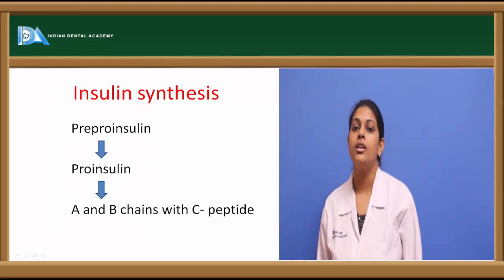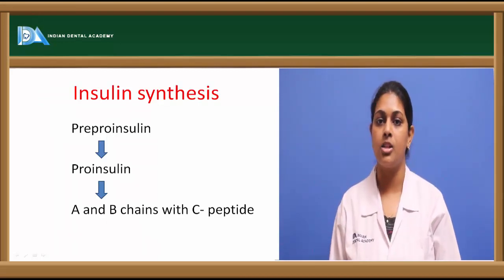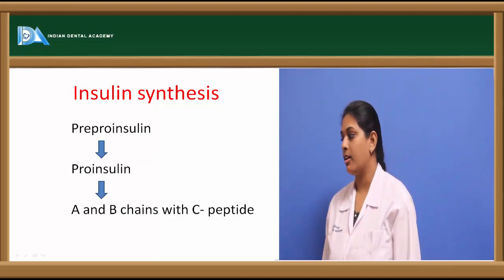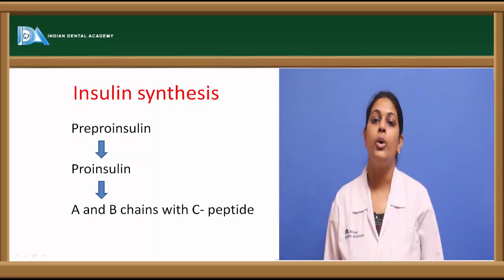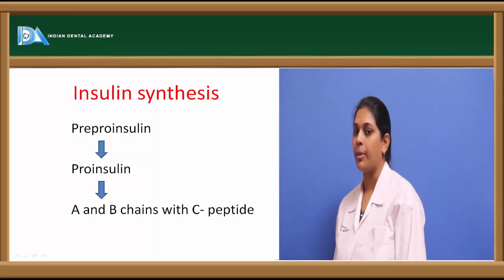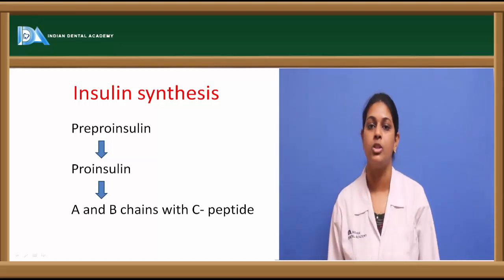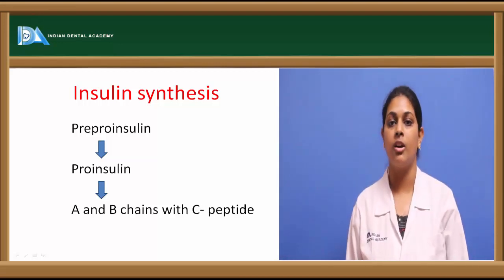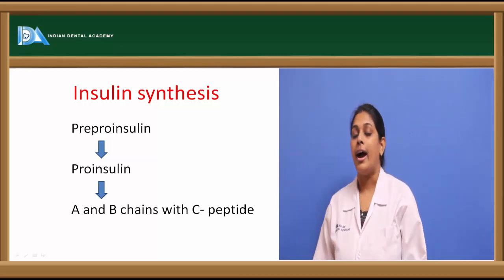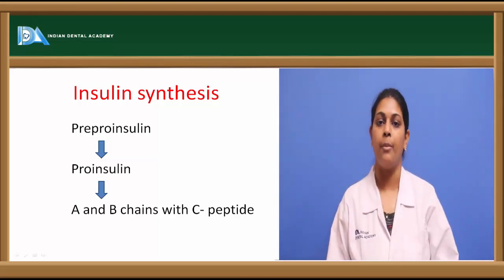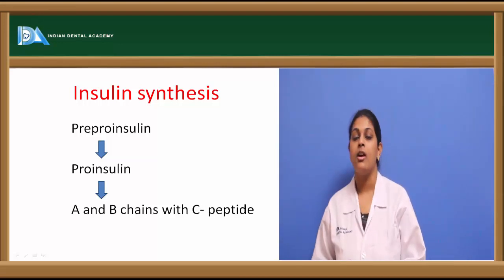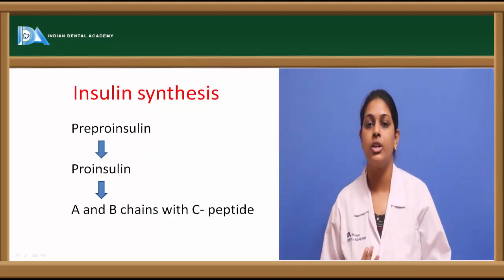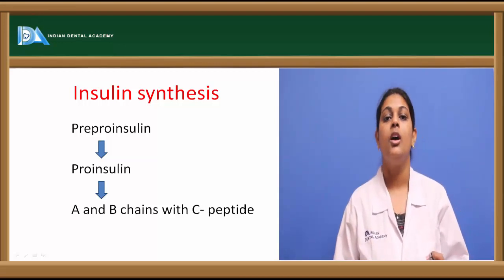Usually insulin is synthesized in the beta cells of the pancreas, where it is initially synthesized as pre-pro-insulin, which is an amino acid chain, and with the degradation of the terminal amino peptides this results in the formation of pro-insulin. And this pro-insulin, with the further removal of the amino peptides, results in the formation of A insulin chains and B insulin chains. And these A and B chains are interlinked to each other with a bond known as